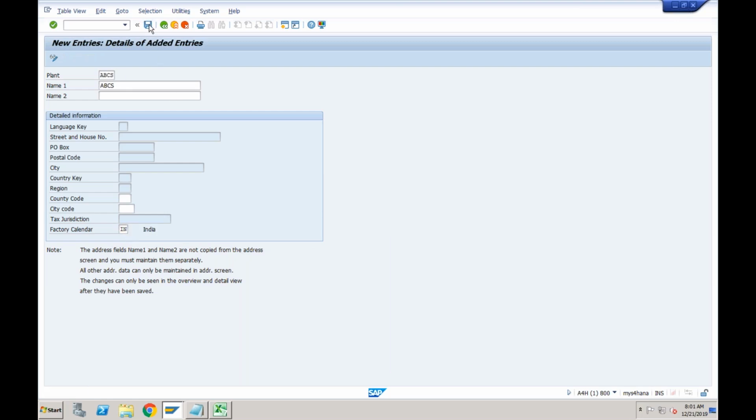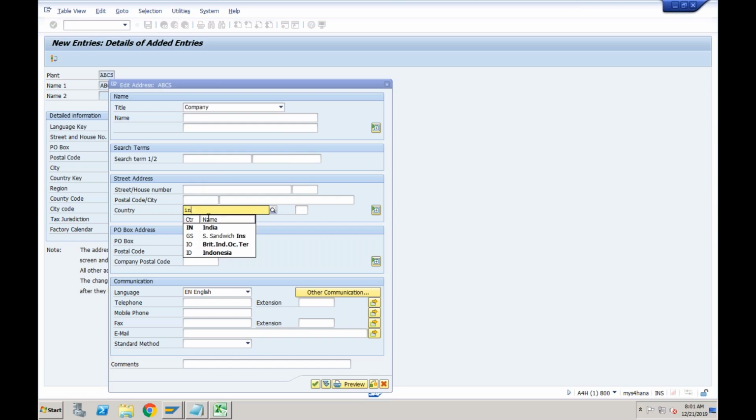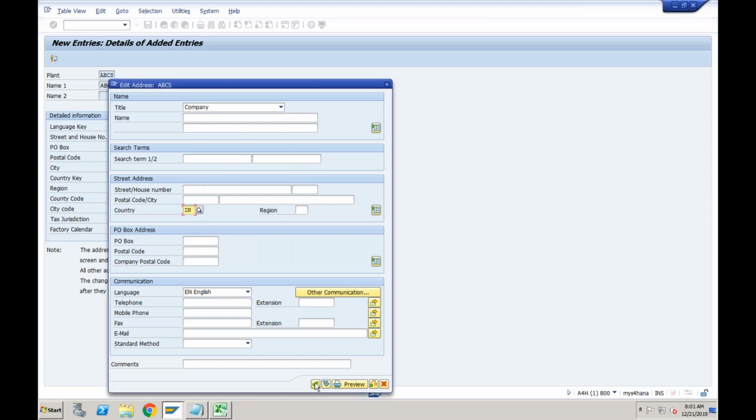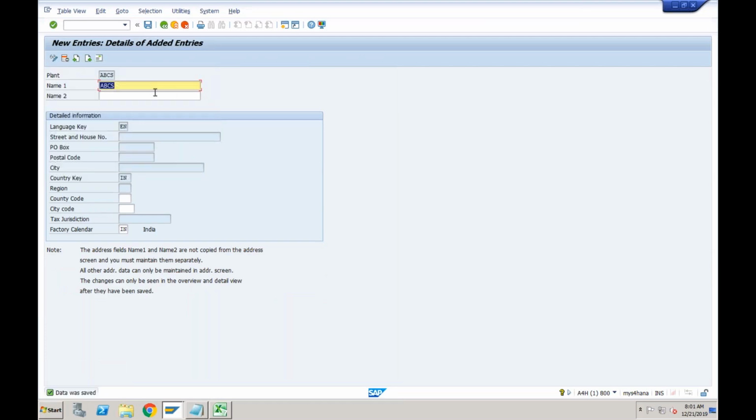Okay, so we just created a plant. Again, I'm just maintaining the mandatory information, that is country, and click on save. So this way we created a plant. Now the plant is ready. Let's come out,